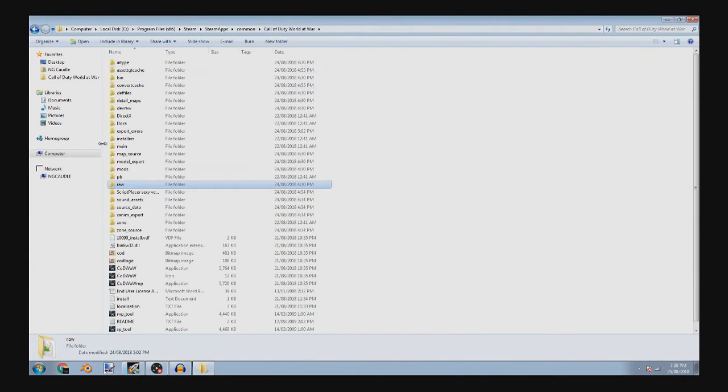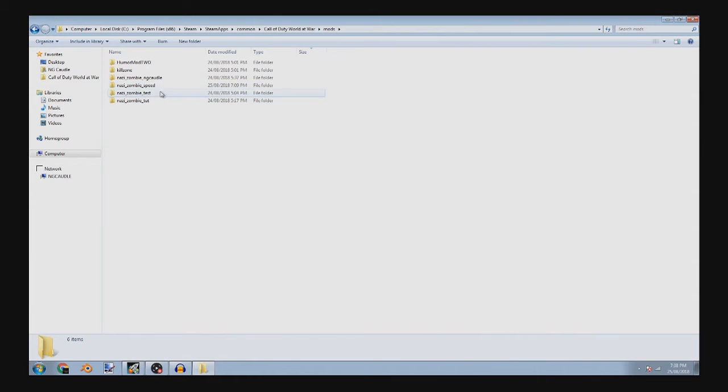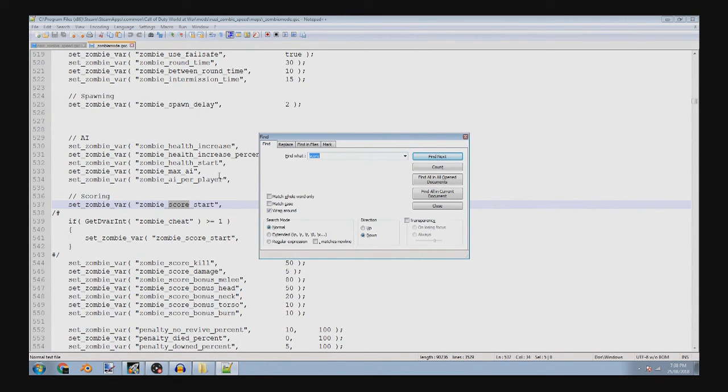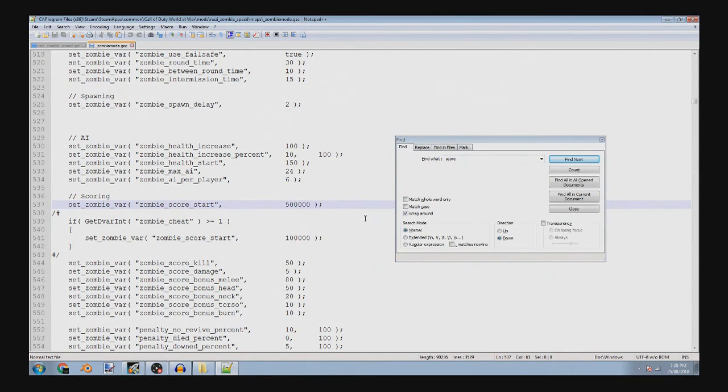We're gonna go into the mod quickly. Should pre-build it in here. Maps, zombie mode, and we're just gonna go to score, and then that's gonna give us this 50,000. Okay, yeah, we'll go 50,000. Now I'm gonna go to dog